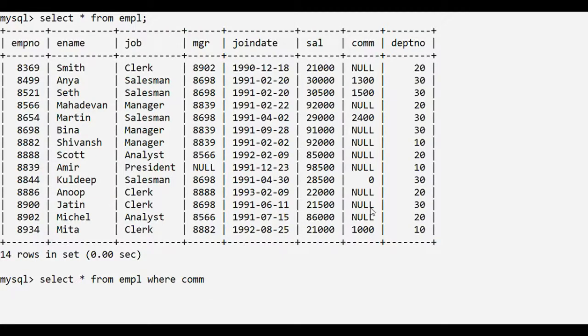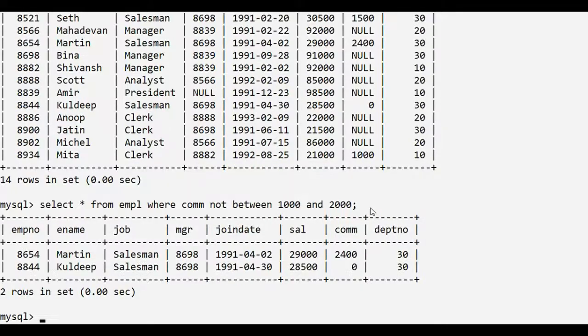So we use not between 1000 and 2000. Let's see the output. There are only two rows where the commission is not in the range 1000 to 2000. So manually our answer was correct and the output is verified.